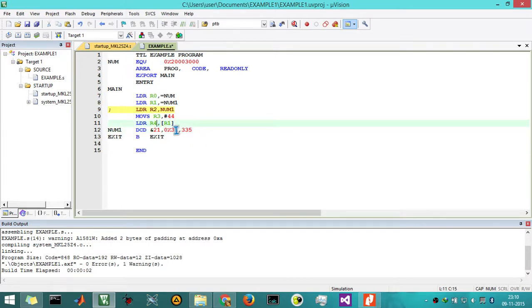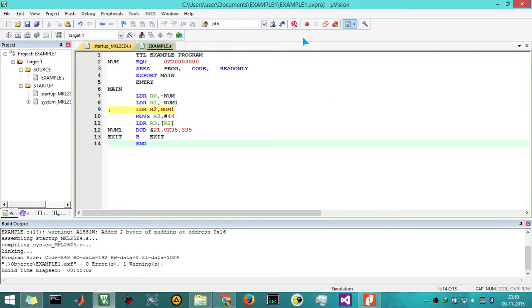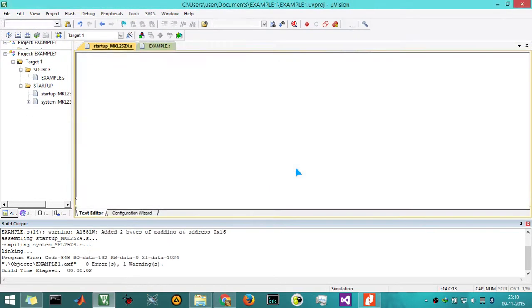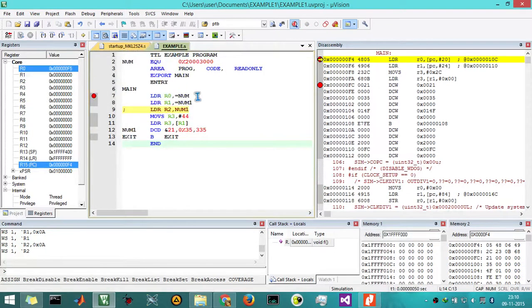Now we can observe what is going to happen and where you will get the difference in these two operations. Again going into debugging mode, again starting to run this program. It will stop at this breakpoint.